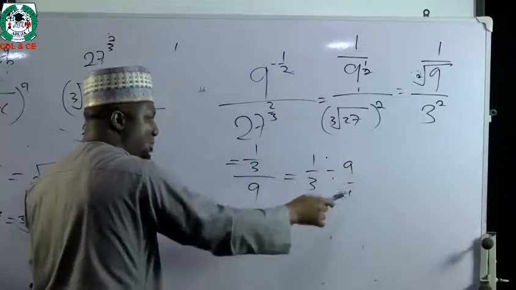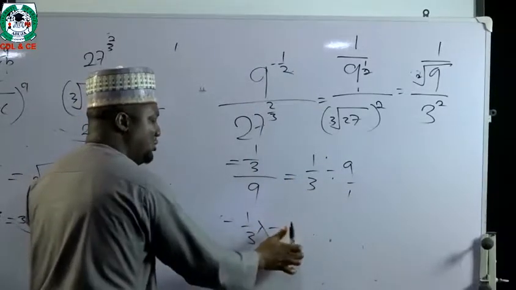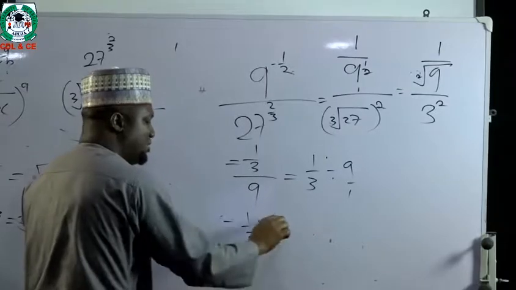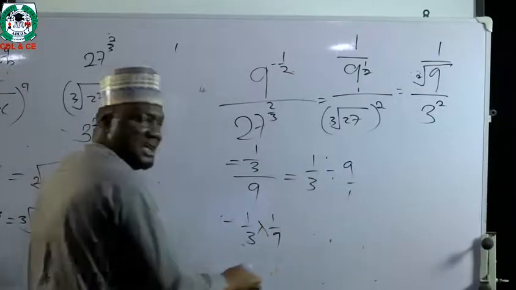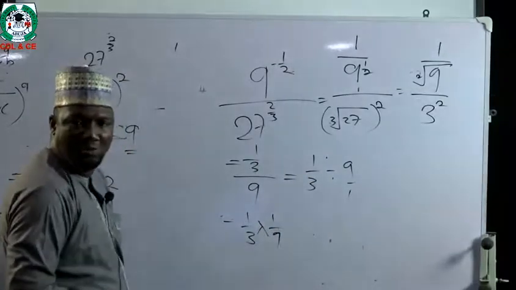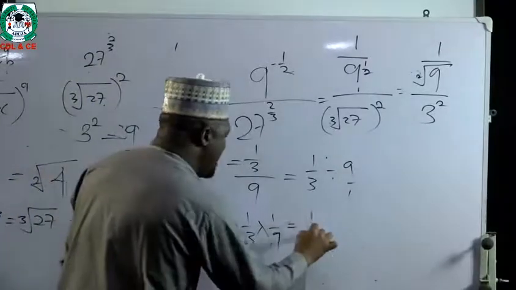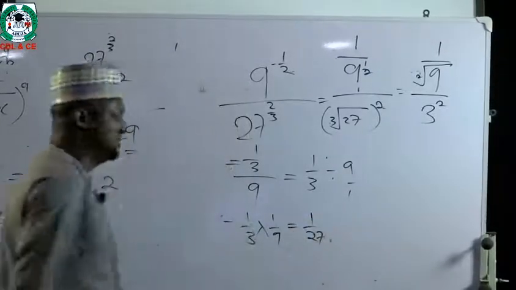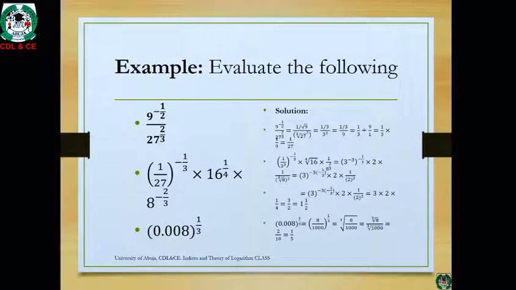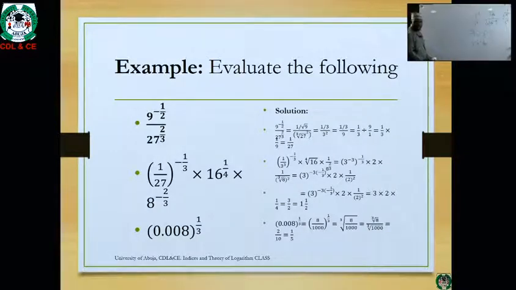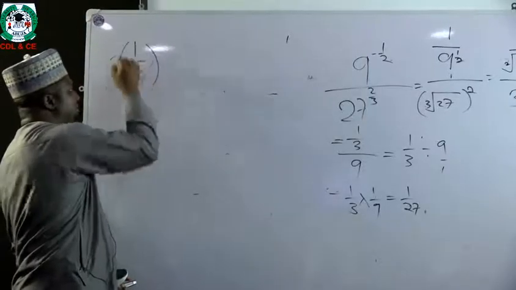To convert the division to multiplication, we invert. 1 comes up. Are we together? 1 comes up, 9 comes down. Then eventually, we will be having 1 all over 27, as we can see on the board. But in your own leisure time, you can try this combination of rules. We have 1 all over 27